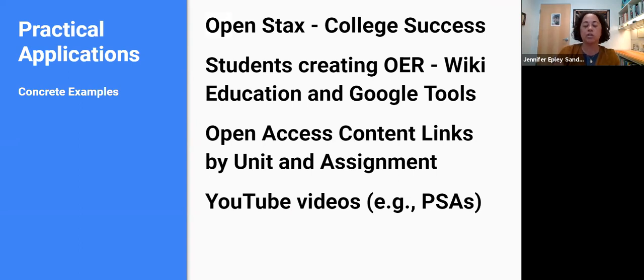In my case, we might have open access content links by unit and assignment where you are using OER for the content, but also developing OER as a demonstration of quote mastery of the material for that course or the methods involved. Depending on the level of course and type of assignment, you can also have students create OER using YouTube.